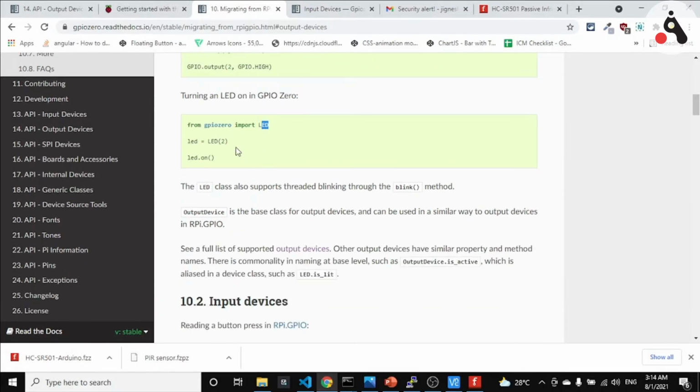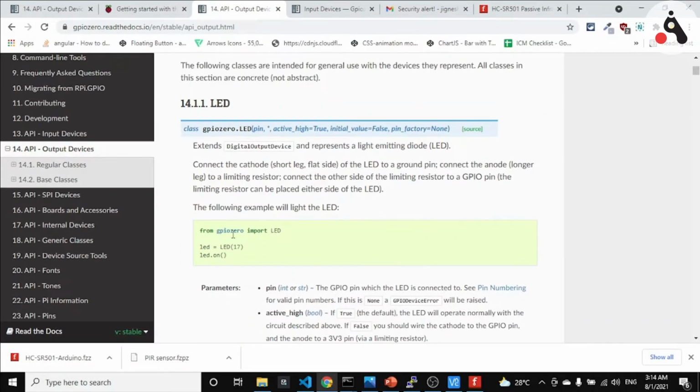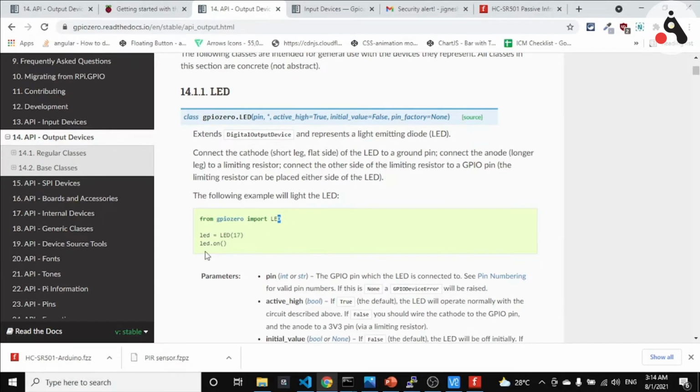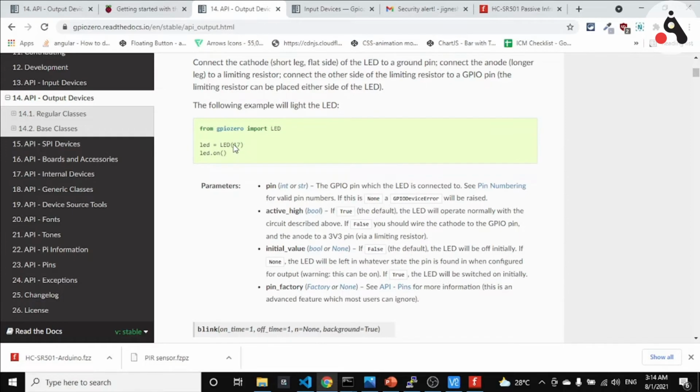You can see that for the LED this is the small basic thing. Let me show you this output devices LED example, where from GPIO Zero we are importing the LED class, and after that we are passing the argument. This argument is nothing but the pin, basically the GPIO pin number.